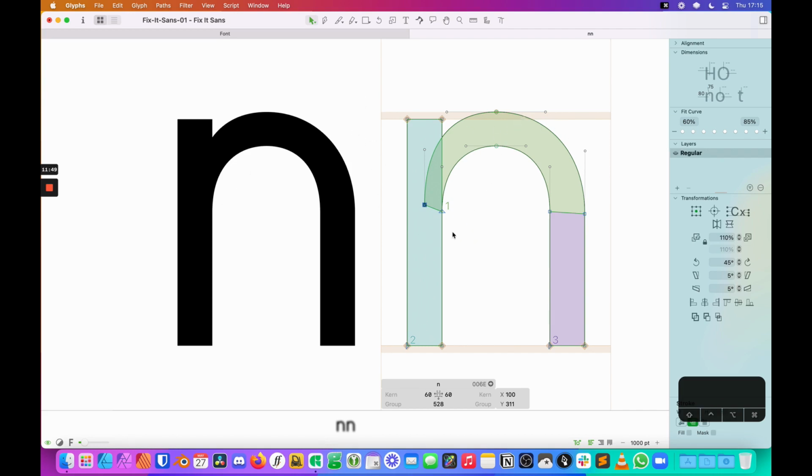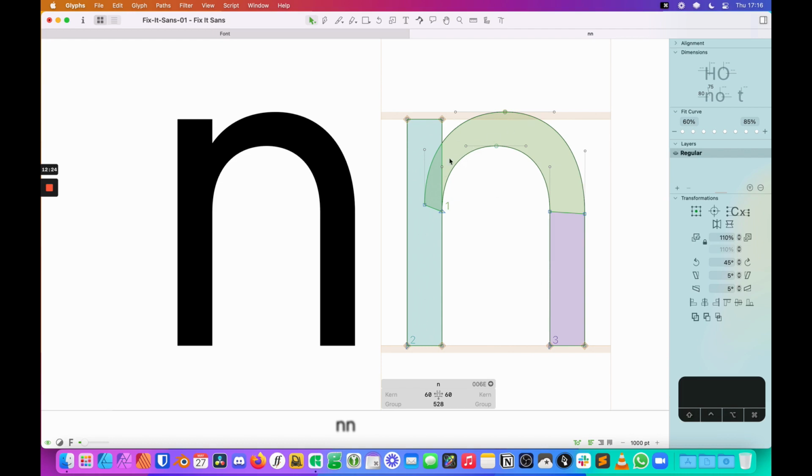Now the other problem this creates, though, is our curve does get a little bit funky here because it's really, really tight leading up to here, and then it loosens up as we get back. And this brings me to the last point on the N here, which is when you're drawing curves, you really want your points to be where the natural apex would be. For the N in this case, I'll only select one element at a time here. I'm going to grab that top point, and I'm just going to nudge it over a little bit there. And in this case, I just went over 20 points.